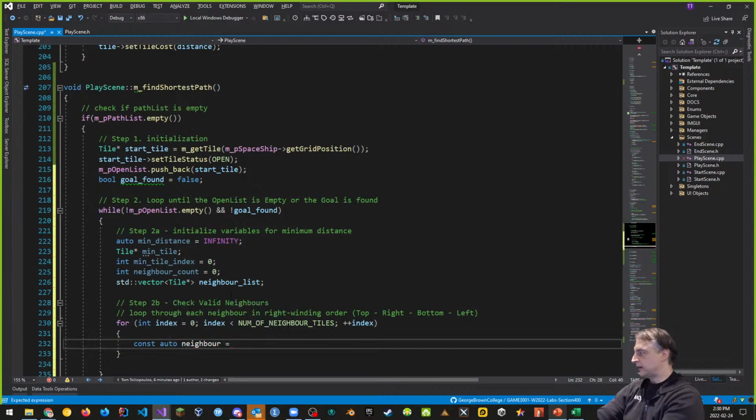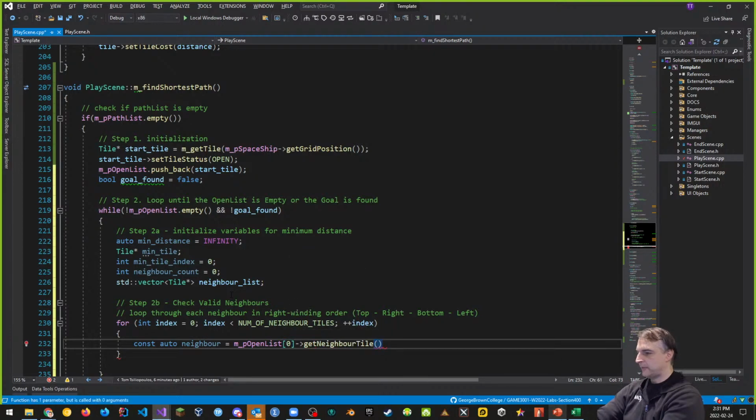We're going to set this up at the beginning where the neighbor that we're looking for is, let's look at this neighbor. And we're going to say that neighbor is m_pOpenList, and I'm going to look at the first member of the open list. So the current thing that I'm looking at, which is our current node,